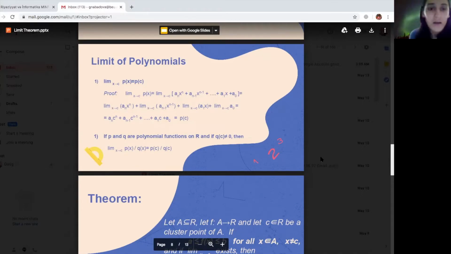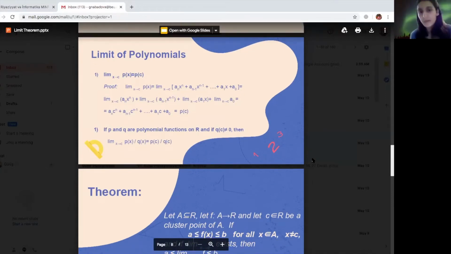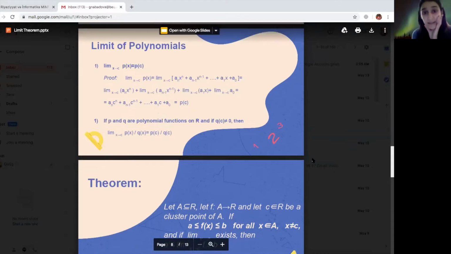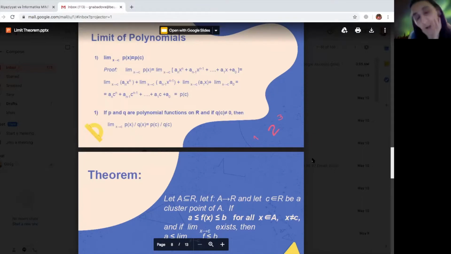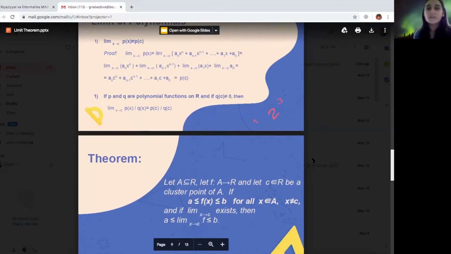How? In the proof, you can see that p(x) is equal to a_n x^n plus a_(n-1) x^(n-1) and so on. And according to our properties,